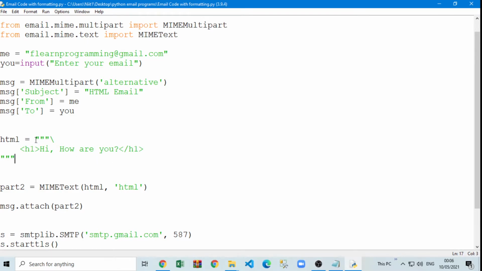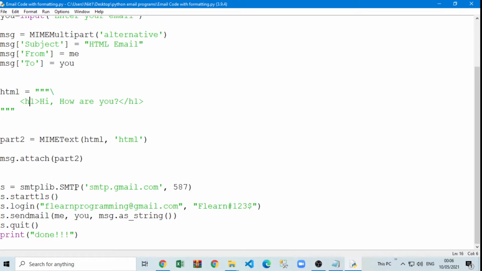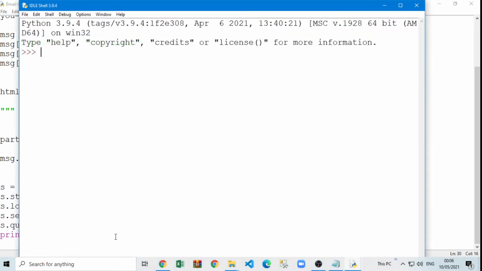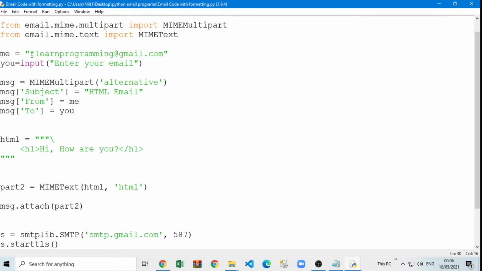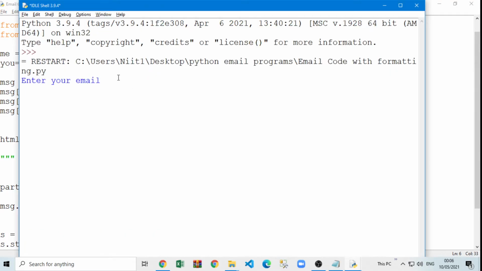So I'll show you. I am writing here, hi, how are you, but it is written in one H1 here. H1 is actually used for heading. Means when I send mail, you will see the difference. It will not be like a normal text, it will look a little bit different. Other settings are the same. I am using my Gmail host, my ID password, and send email, and finally done at the end. If I run the program, it is asking me for the mail, so I am going to send email from my email account to my email account again, currently because I am using one, but you can send to anyone. So let's see now what it is showing, done.